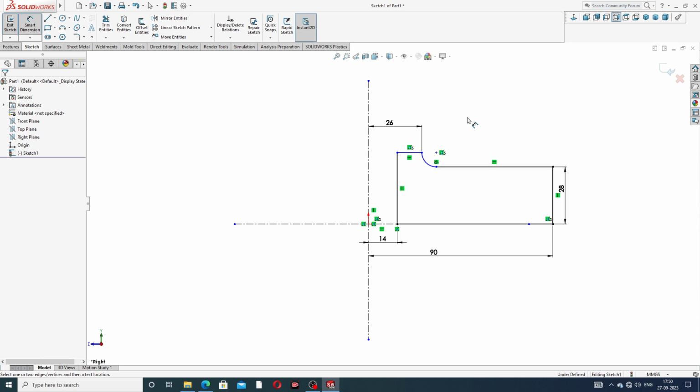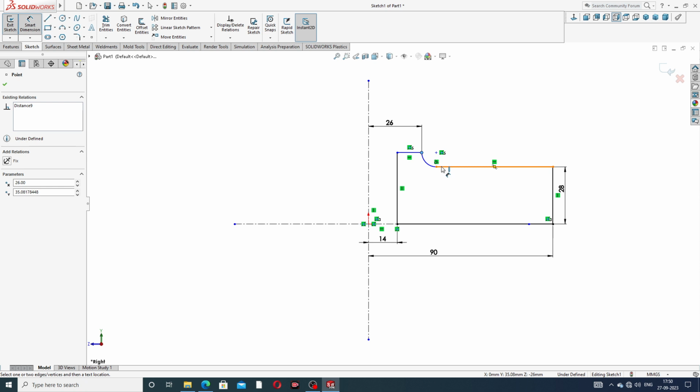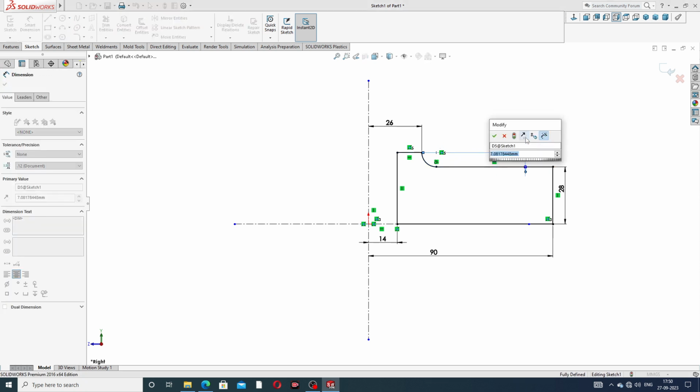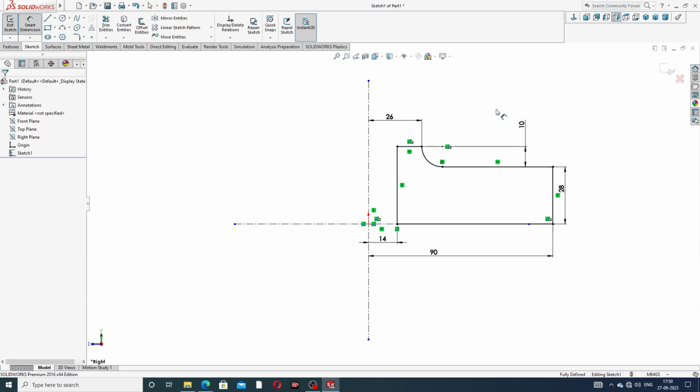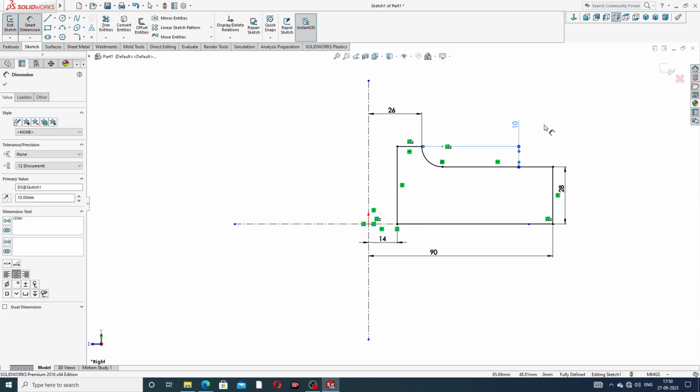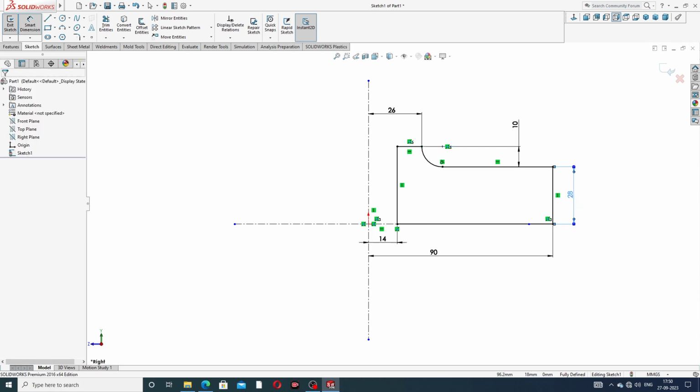All is perfect. Also this distance is 10 millimeter. All is black, fully defined. All black color means it is fully defined and all is correct.